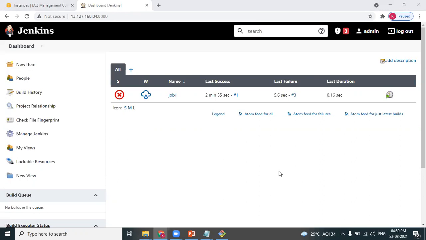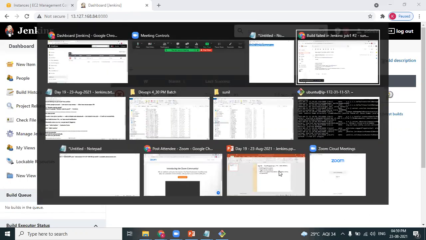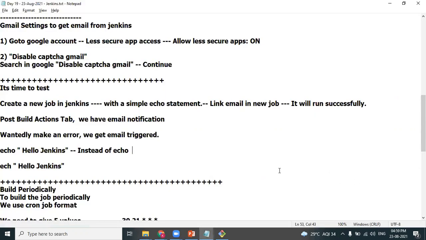From which email address did you get it? Yeah, your mail, Sunil DevOps. So that configuration we have to do. I have provided the password of my email address, Sunil DevOps, the from address itself. Obviously we cannot expect the development team or other teams to provide their password. Okay, got it. Thank you, Sunil.